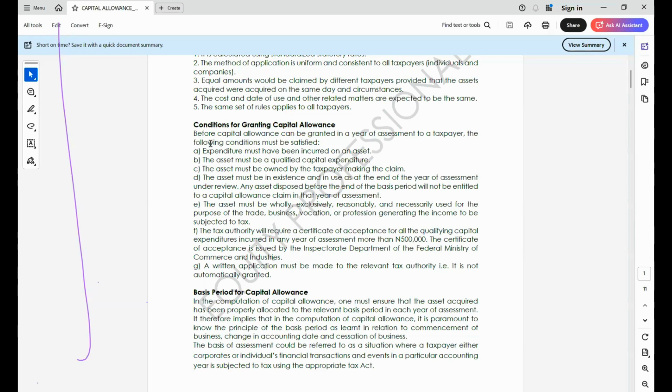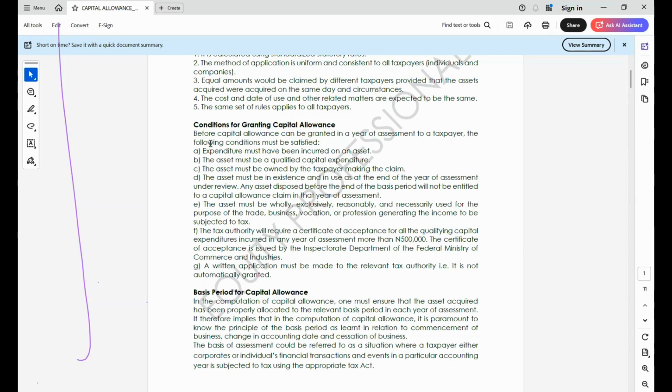Then the third one: the asset must be owned by the taxpayer making the claim. Any asset that you are going to claim, any QCE that you are going to claim capital allowance on, must be owned by the taxpayer. You must be the owner of that asset, except under a hire purchase agreement. A hire purchase agreement is usually an arrangement between